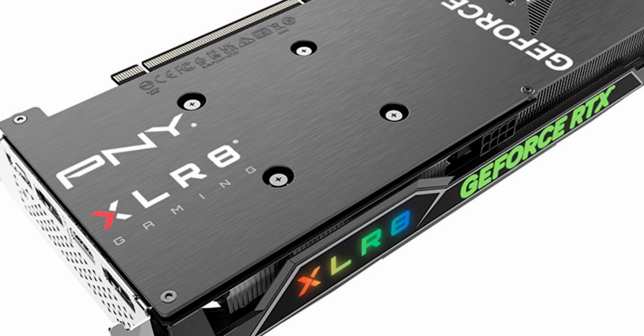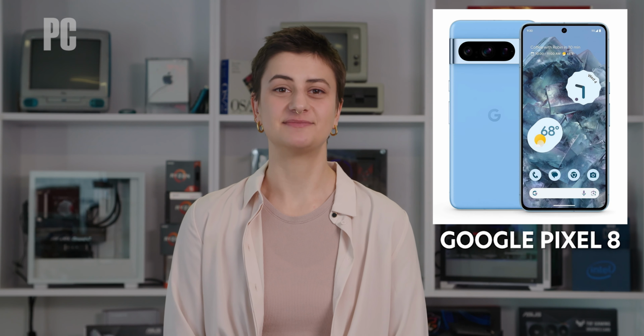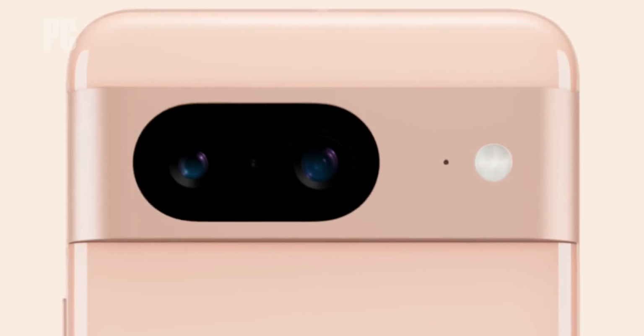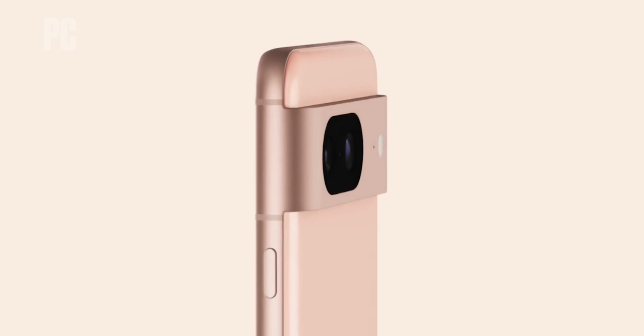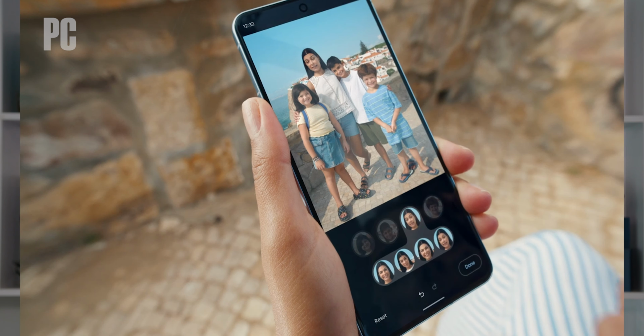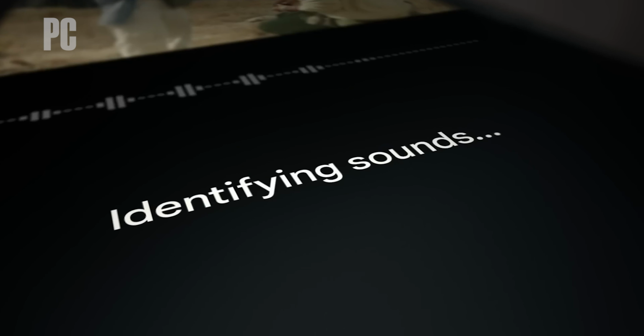The Google Pixel 8 is the smaller and more affordable model from Google's latest line of smartphones, but it doesn't skimp on the features. Google's Tensor G3 processor gives the phone loads of on-device AI features, including advanced video and photo editing and enhanced